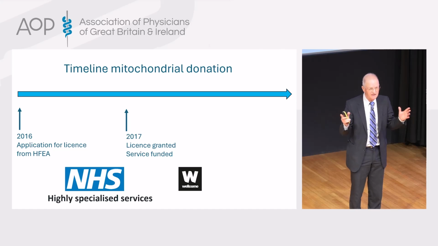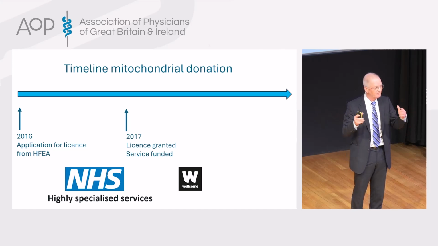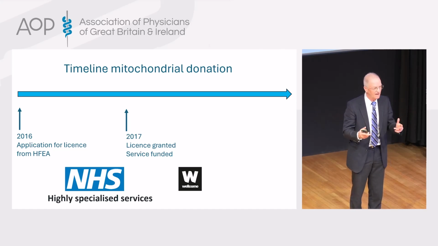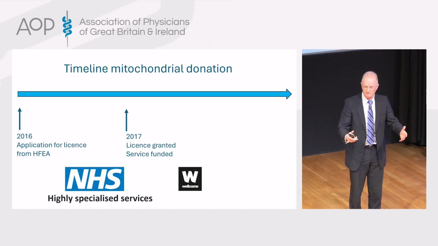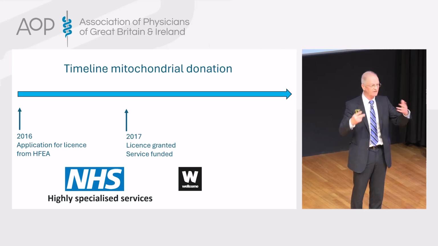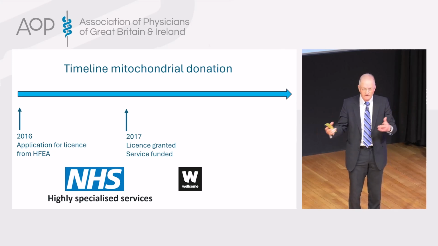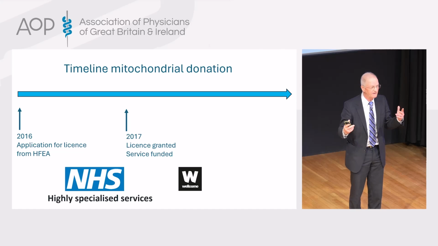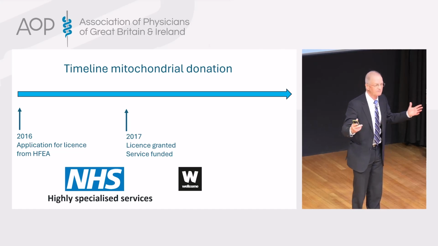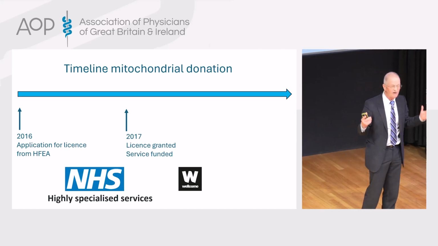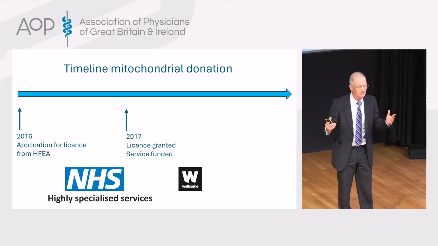I'm going to remind you later that everybody that goes through mitochondrial donation has to go through 3 rounds of IVF to collect eggs. So just imagine the cost of that. They've got to come up to Newcastle to have it done. You've got to pay for the donor. Who's going to pay for this? And patients with mitochondrial disease can't afford tens of thousands of pounds to go through treatment.